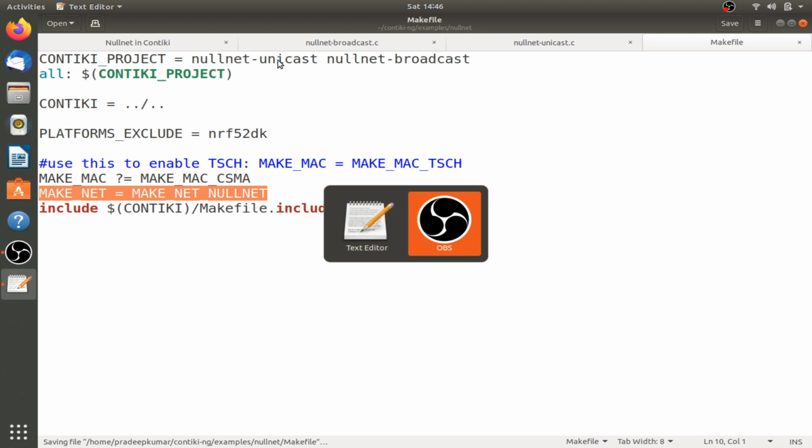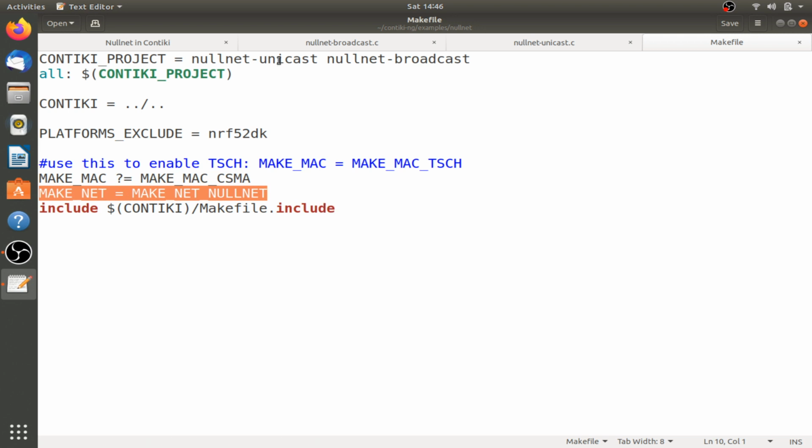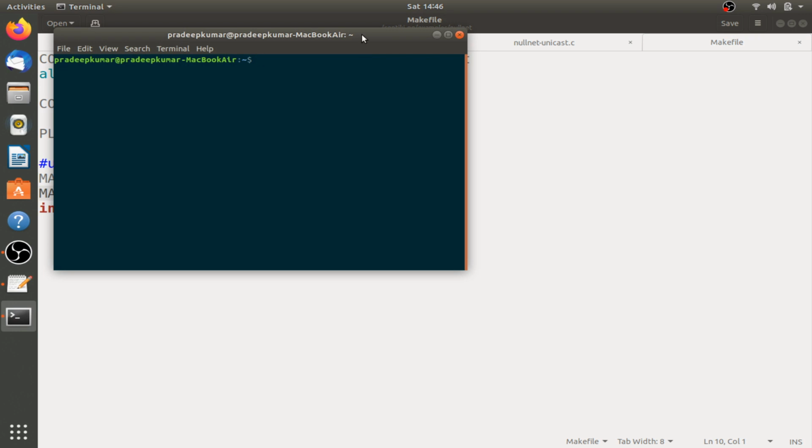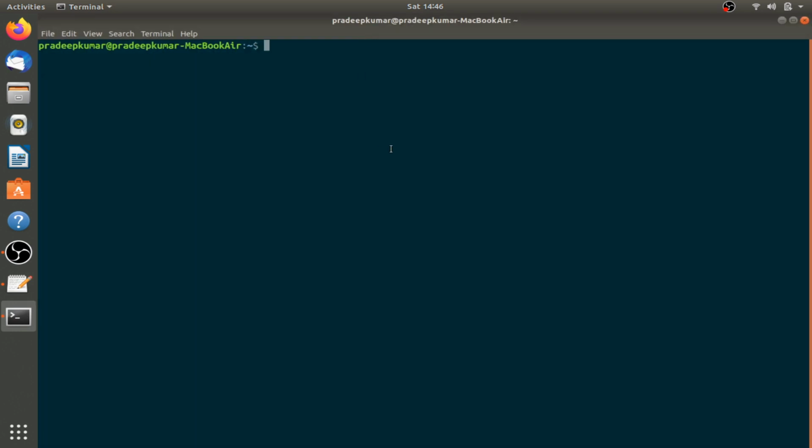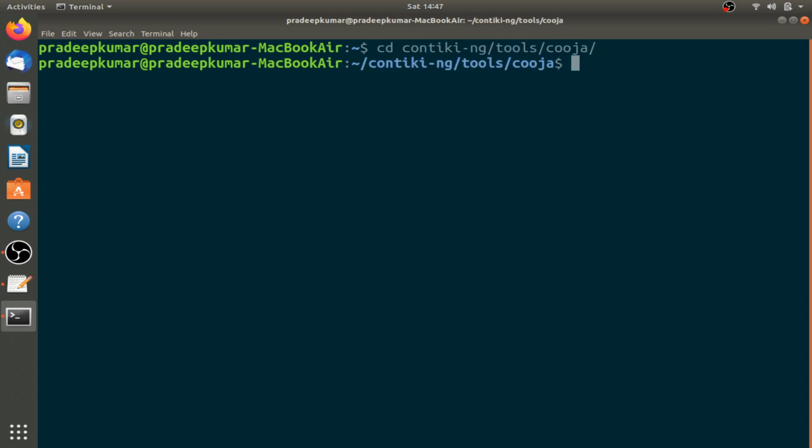Okay, so now for the example, we can do it in two ways, one through the Contiki shell, another through the Contiki GUI. I will explain it through the GUI. Go to Contiki-ng tools Cooja and simply run ant.